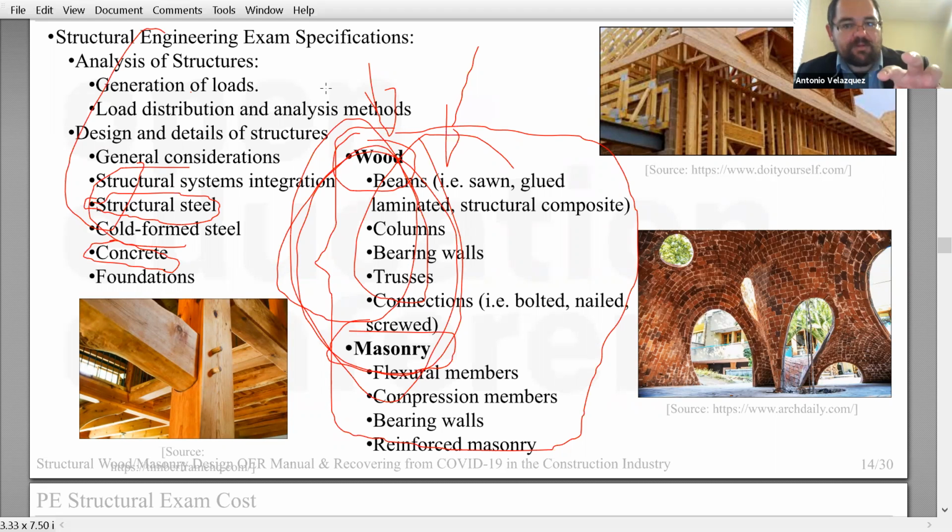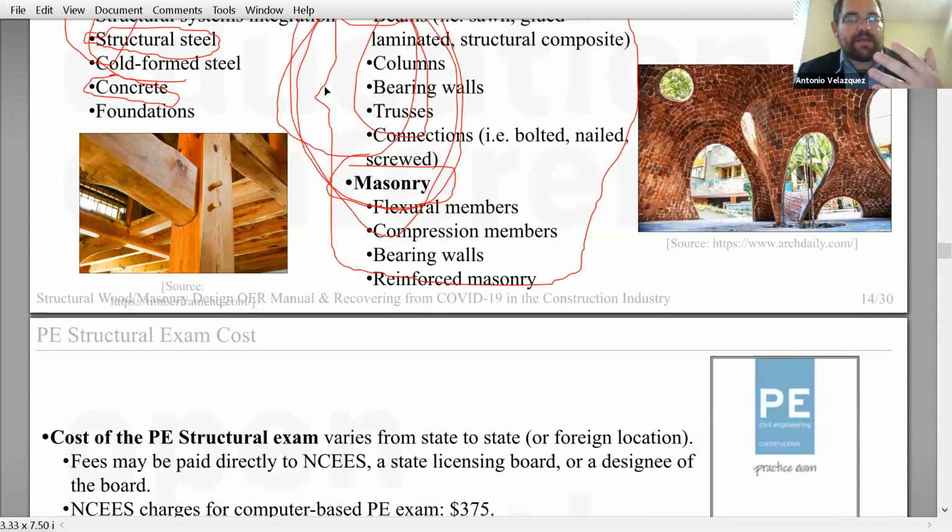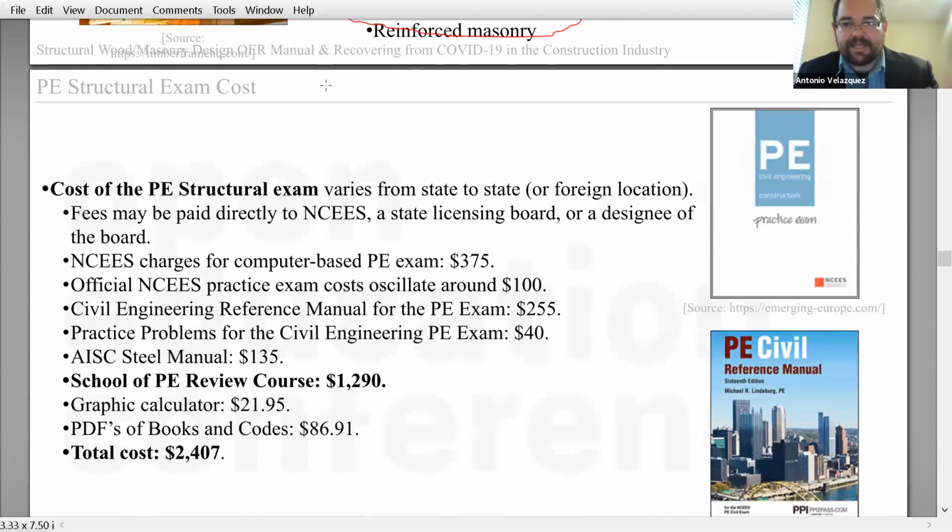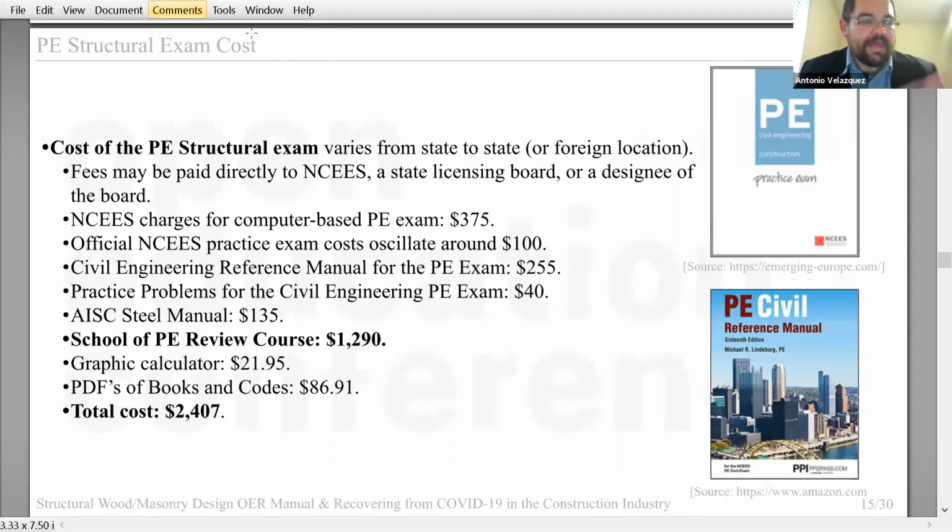Again, it's a small contribution, open source. Why do we want to do this as open source and open for everyone? Well, because look at the cost. This is what this institution charges. It's $37.5 just to have access to the computer-based exam. Some practice exams and lecture notes, $100.